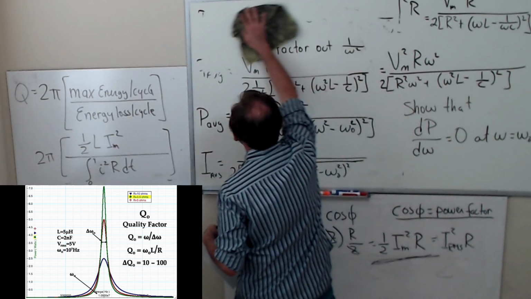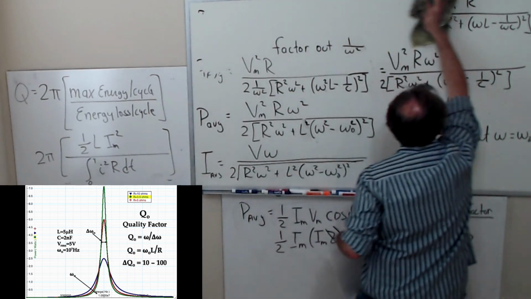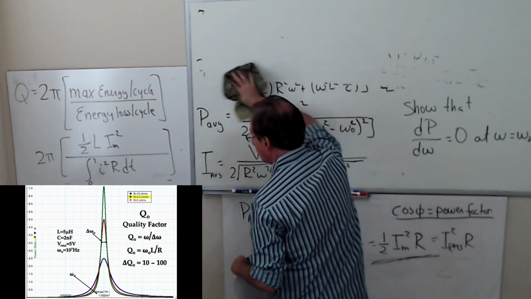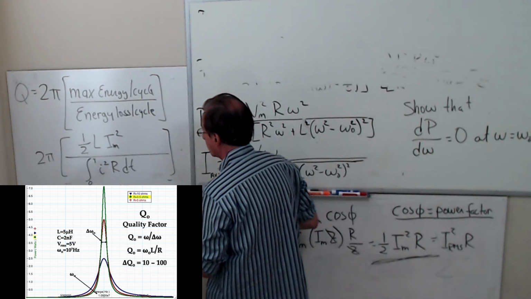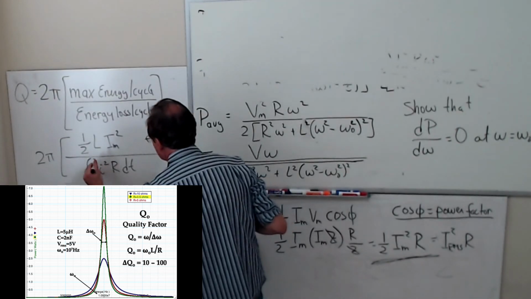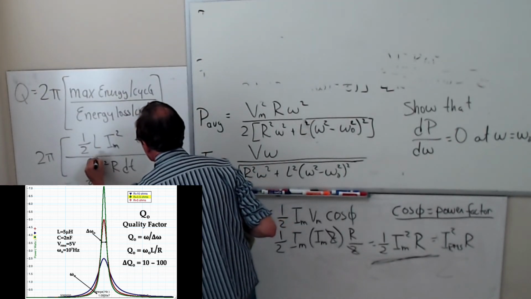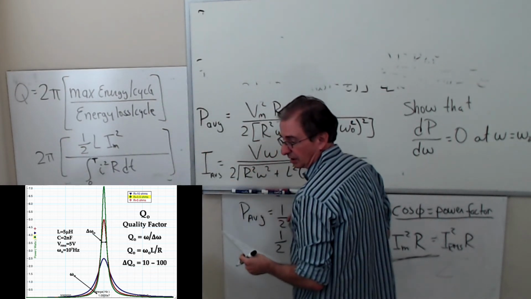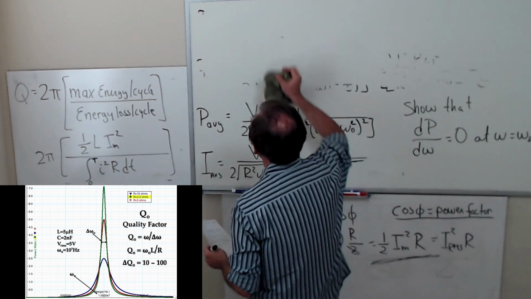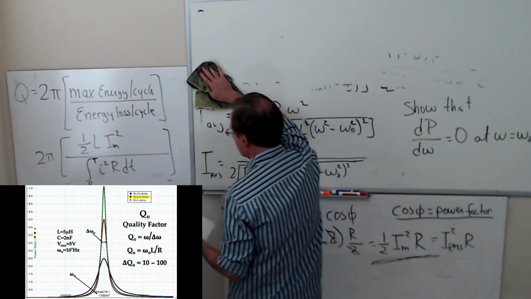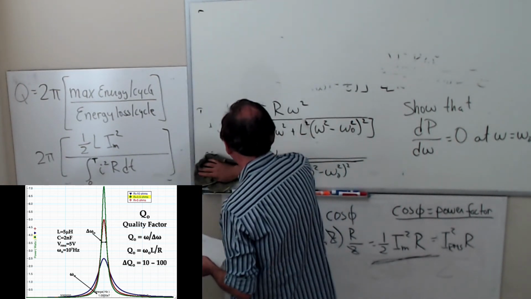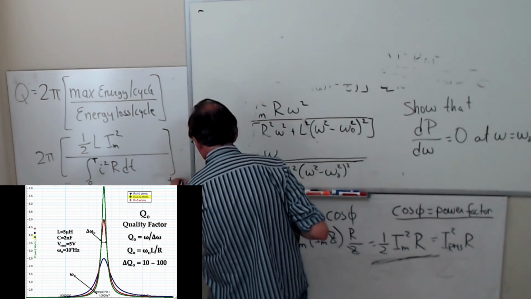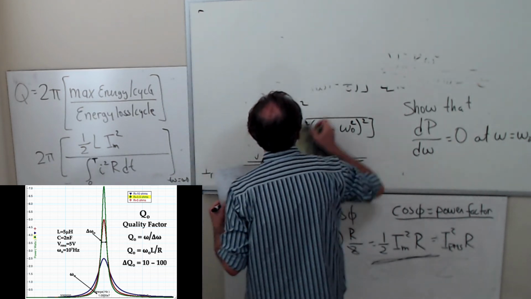I don't have to do a lot of work because, what's that top bound of your integral? It's the period, T, which is going to be 2 pi over omega. And we're doing this at resonance, so this is evaluated at omega equals omega naught. That's how we define our quality.